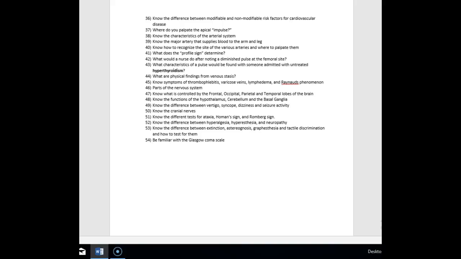I told y'all that thrombophlebitis is simply inflammation of the veins, and as a result of the inflammation, a lot of times people will see a little red streak, and the area will be kind of warm to the touch. So when you see thrombophlebitis,